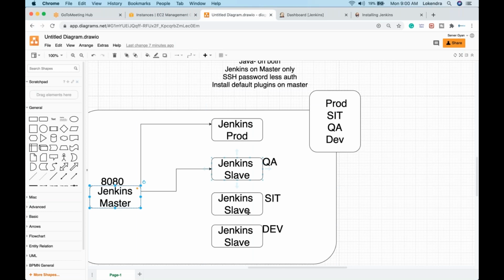wherever the build is supposed to get deployed, maybe first on dev, if the build is successfully deployed there, then after all the test cases written or provided by the QA team are successful, it will do the same activity on the SIT environment. If that is successful, it will deploy on the QA environment. If QA also passes, it can send a notification to an approver. It will send a mail to the approver, maybe the project manager, business engineer, engineering manager, or the head of the department who is supposed to approve the build being sent to the production environment.